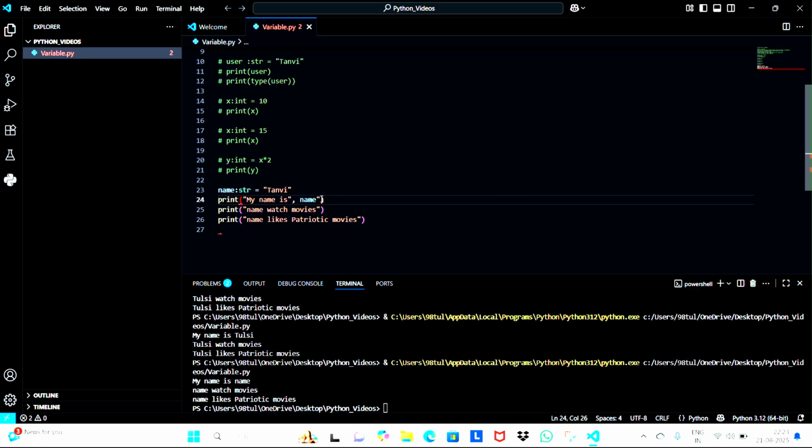Here we need to delete it. So what will happen? Let's check. Now, my name is Tanvi. It is already changed. My name is Tanvi. And here we can see one more thing: my space name space is space Tanvi, because here the comma is working as a space. If I don't put the space, then what will happen? Let's check it out. See, I didn't give a space here, but Python by default takes a space because of this comma. So here we also need to change